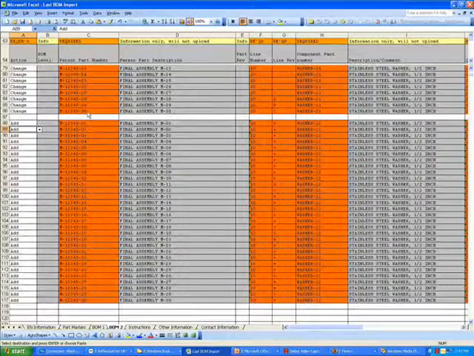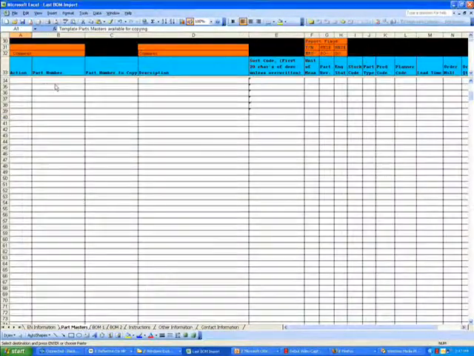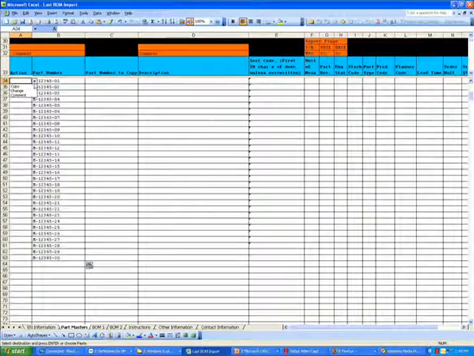Now we are of course changing these top levels, and so perhaps we want to increment the revision of the top levels and place a comment on the part masters involved indicating that we've made a change. So I just highlighted those. We're going to copy those, come over to the part master tab, paste those into the part number field. From the pull down, grab the change pull down, copy that